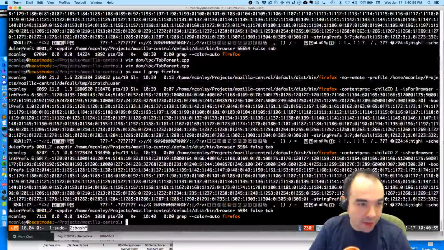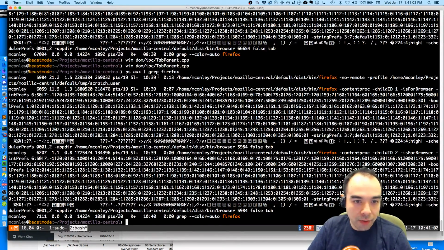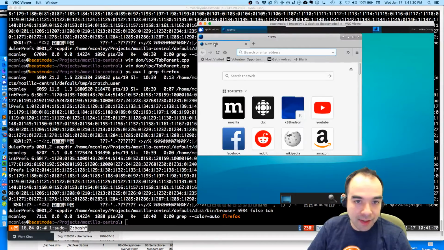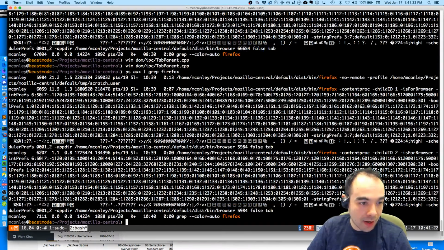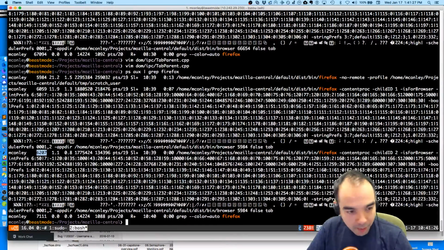And let's find it. There's a lot of noise here, but I just did like ps aux grep Firefox to find all of the processes that have Firefox in the name. There's 3 of them here. This is the main process. I can tell because the profile was being passed to it. These noisy ones are the content processes, and the second one is probably the one I want. So 6059 is this tab, I'll bet. Yes, 6059. So 6207 will be what the next tab belongs to. So I'm going to copy that.